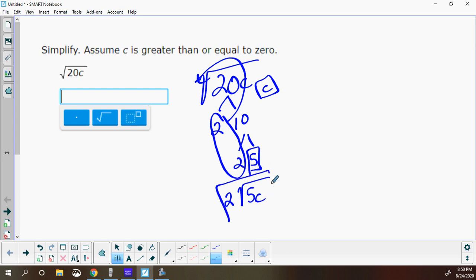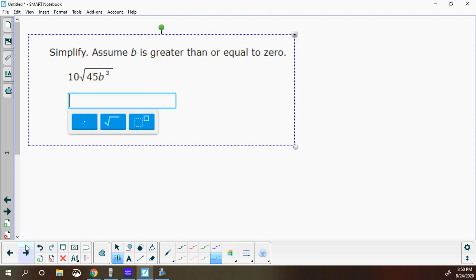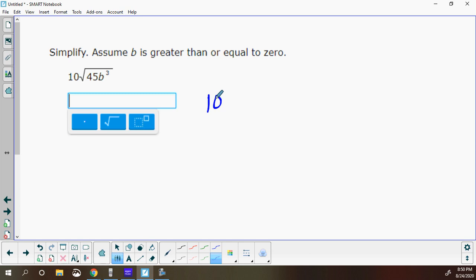So 2 root 5c. I'm going to try to fly through these as fast as I can since there's 26 of them. And I might get a hiccup here and there just because I need to use a calculator or something. Anyway, we got 10 roots